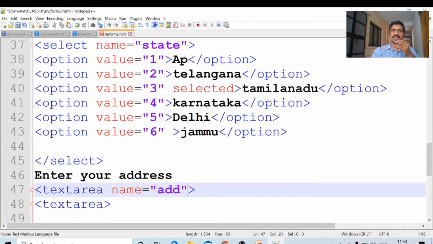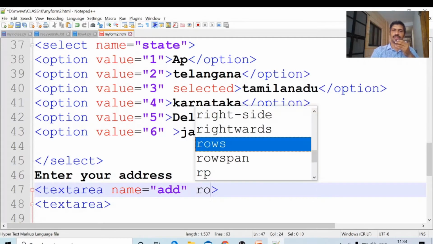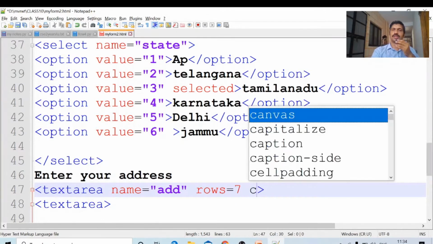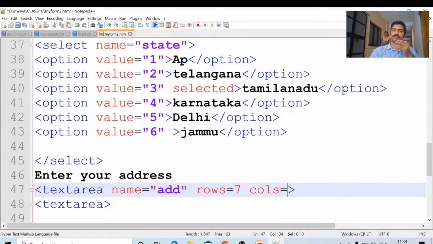In this text area how many rows am I expecting? Rows equal to seven rows. Cols equal to, how many characters per column? Cols equal to 25. Okay, rows equal to 7, cols equal to 25. This is the text area.